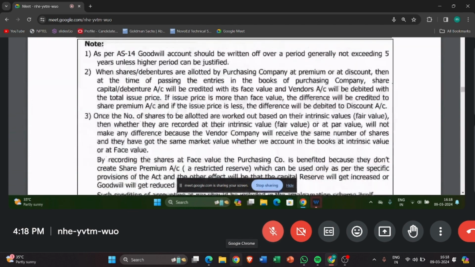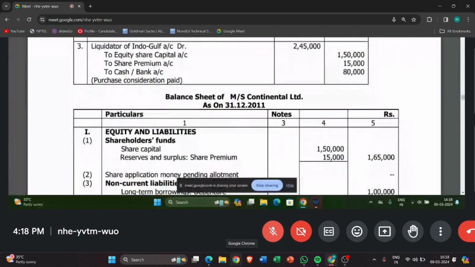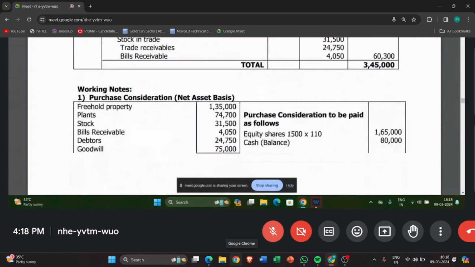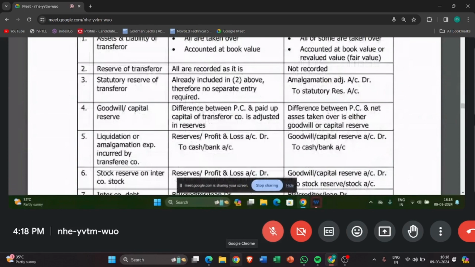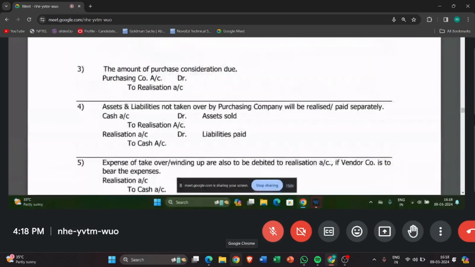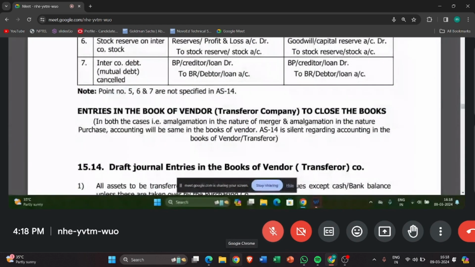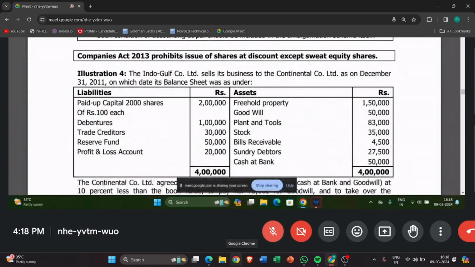Then what will we do? In the balance sheet, we will write... just seeing if it is there. One problem. No, it's not there. This is a very rare thing that it will be there. If it comes, then only remember and transfer it to amalgamation adjustment account and write it in the new balance